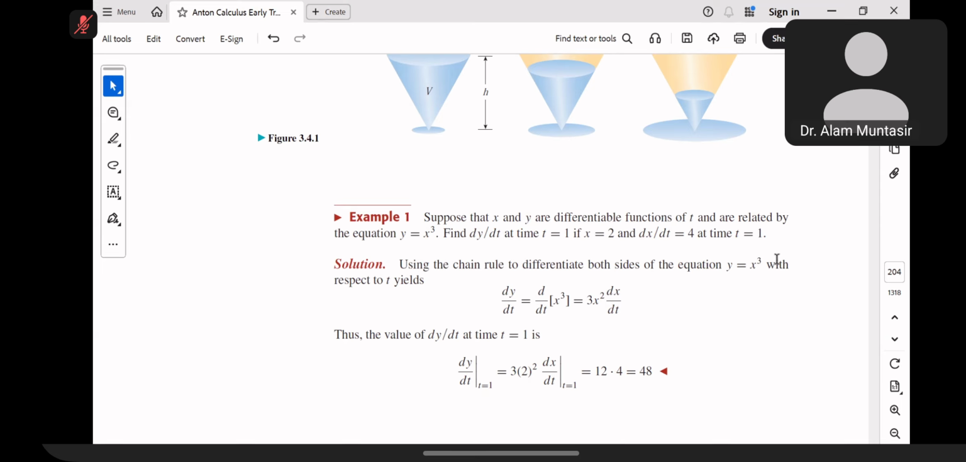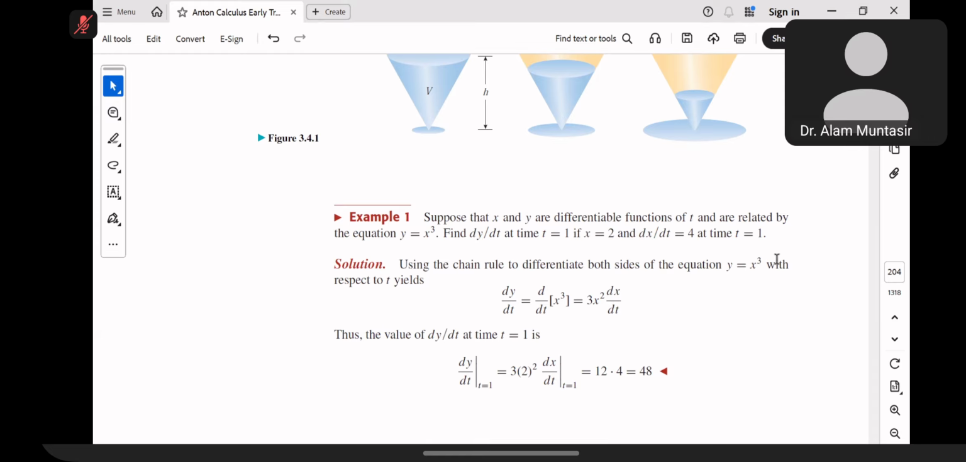And are related by the equation y equal to x cube. That means x and y are related by the relationship y equal to x cube. Now you are required to find out dy by dt at a particular time t equal to 1 and a given condition x equal to 2, and dx by dt equal to 4 at time t equal to 1. That means you have three pieces of information. One is